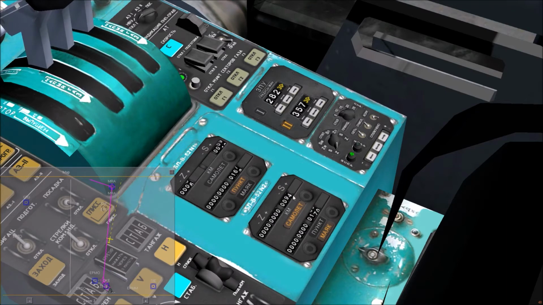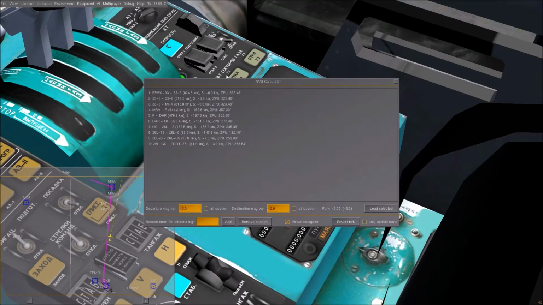And when the distance counter is down to 80 kilometers, a new value for the next leg will be entered automatically into the standby heading. So when we wait to 80, then the next value should be entered. This is not the next value. Let's have a look in the U calculator. The next one, it's already in there. 282.3 is the heading for the next leg